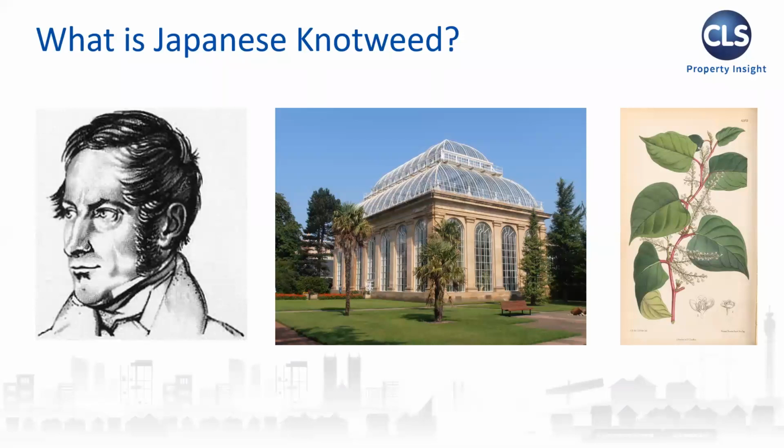It would appear that Japanese knotweed was part of a collection of live plants presented to Siebold by his Japanese hosts and transported back to Europe thereafter. Fallopia japonica was particularly well received, and it was initially housed in an acclimatization garden in the Netherlands, but was such a hit to the point where it even received a gold medal from no less than the Utrecht Society of Agriculture and Horticulture. But from the Netherlands, the attractiveness and robust nature of the plant led to popularity across